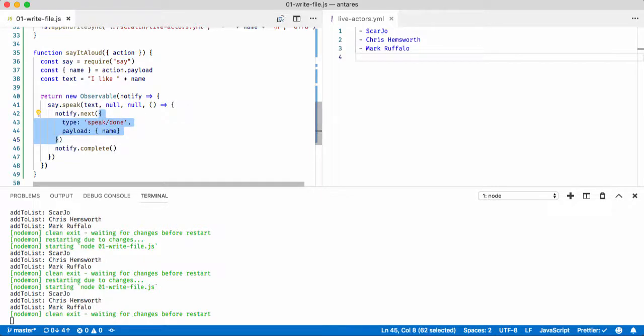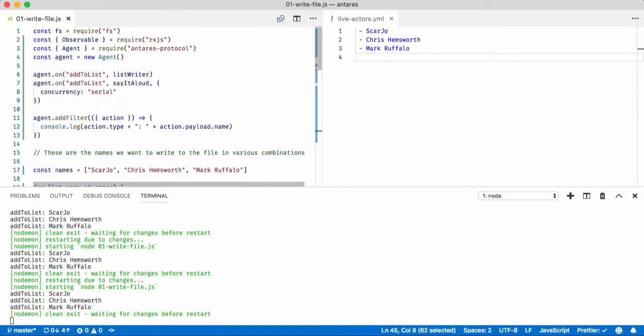Yeah, and so now we are kind of alerting that we're done, but we still have to tell Antares that this output on the observable is worth listening to. And so we'll just do that right here. We'll say